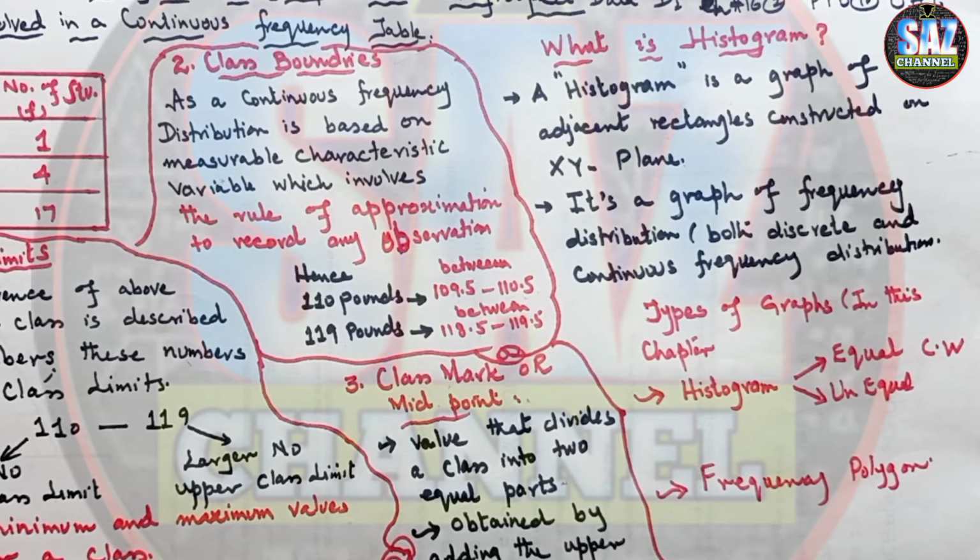What are polygons, and how do we construct the histogram with equal and unequal class widths? These are the questions which I will be clearing up for my students in the next class. So please, students, you have to watch these two lessons to understand the next exercise carefully, and how to construct the histogram for the discrete frequency table and the continuous frequency table.